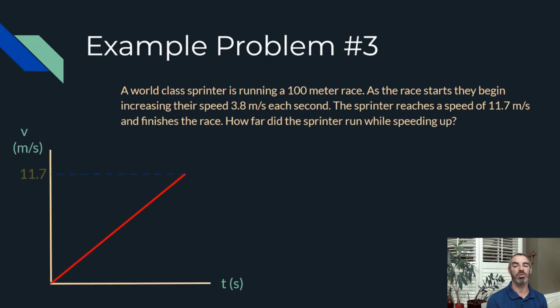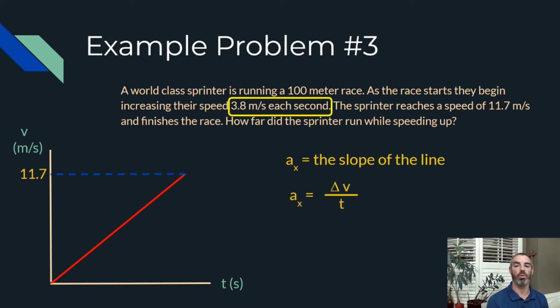So this 3.8 meters per second each second we've defined as the acceleration. What do we know? That the acceleration is the slope of the line. So acceleration is just change in velocity over change in time, rise over run. So we can rearrange this equation to solve for time, and we can plug in our change in velocity, which is going to be going from 0 to 11.7. So 11.7 minus 0 gives us